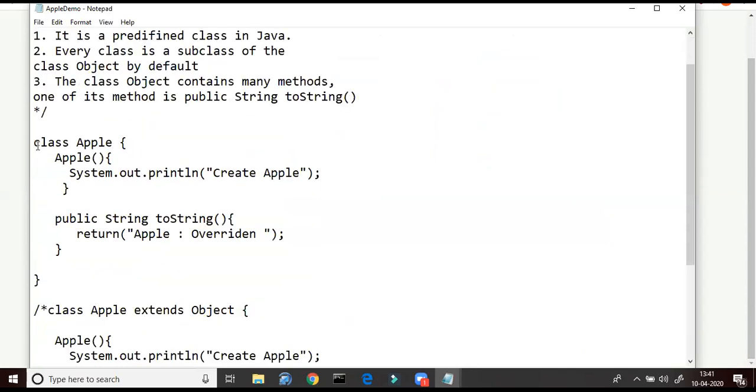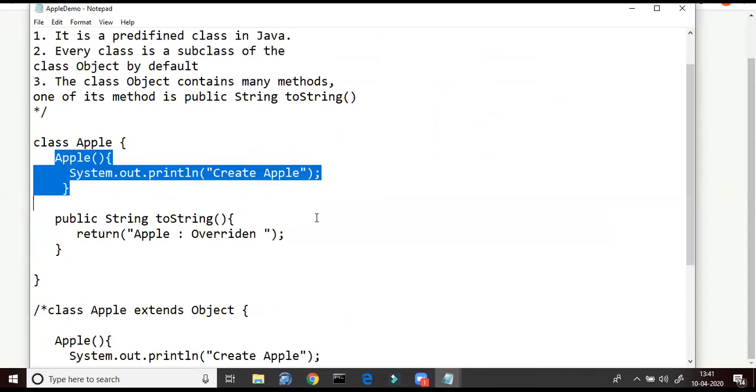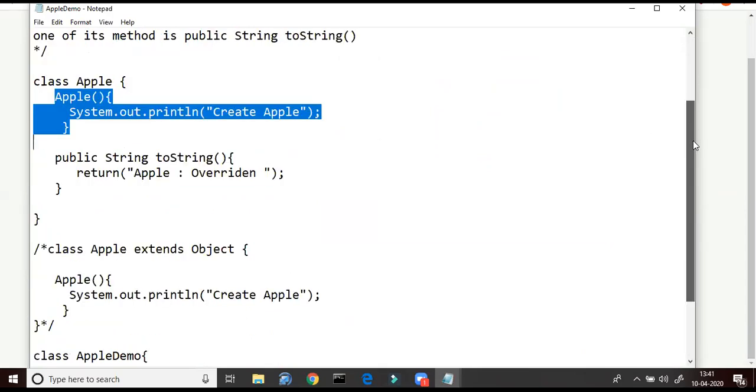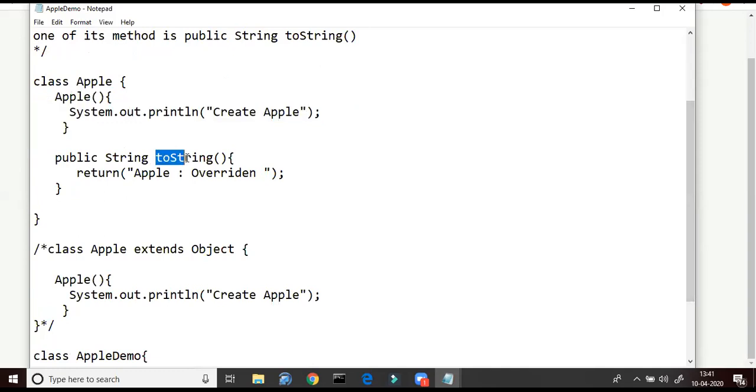Here I'm creating a class Apple. There is a constructor with System.out.println create Apple. And then there is a method public String toString. Actually, we are overriding this method toString, which is available in the class Object. It returns Apple overridden. How is it overridden? Because it is available in the class Object.